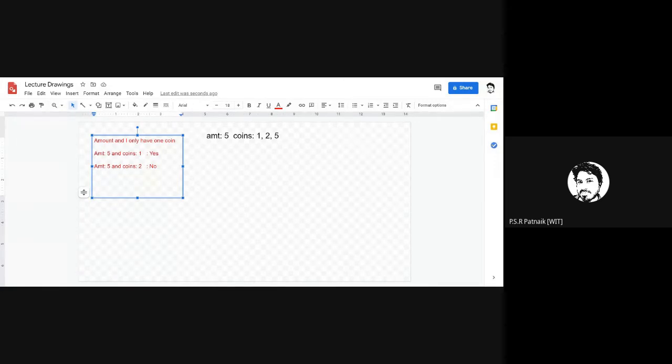So if you use modulo, you will divide that amount by that coin and get the answer directly, right? Okay. Any other alternative, if I ask you not to use that?